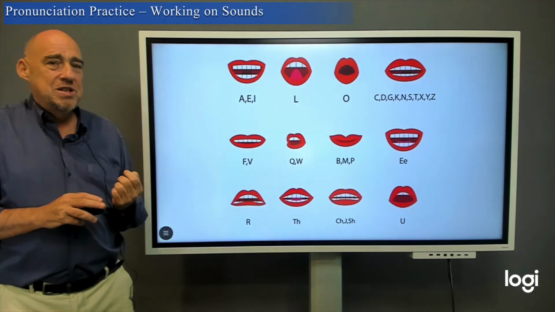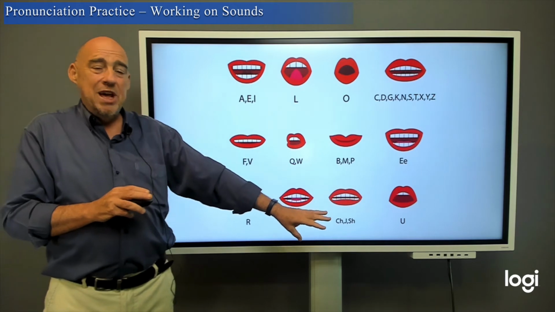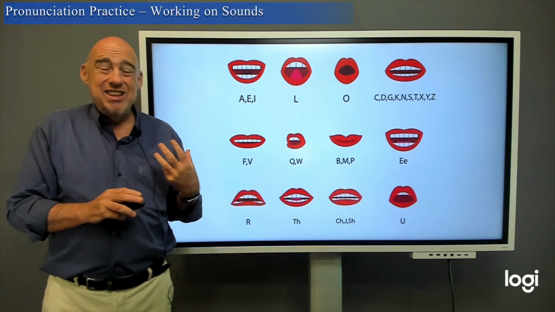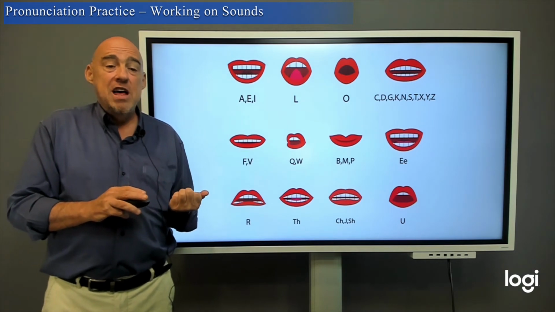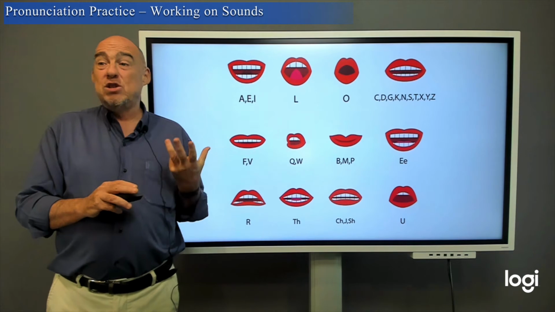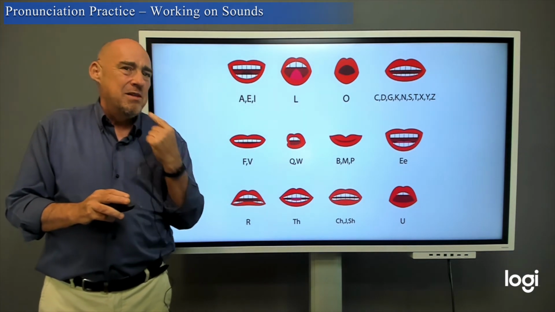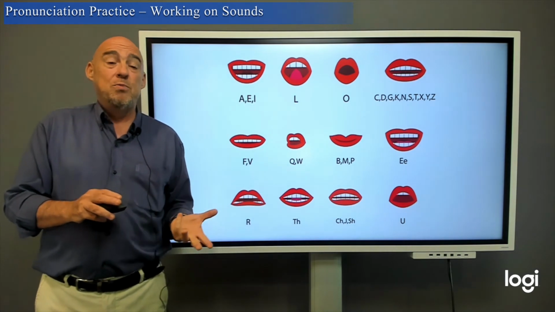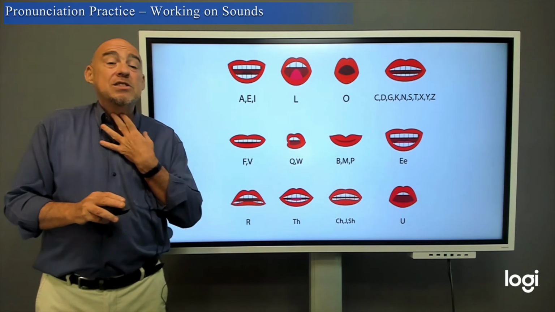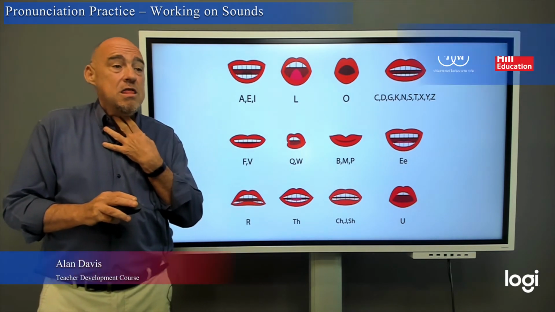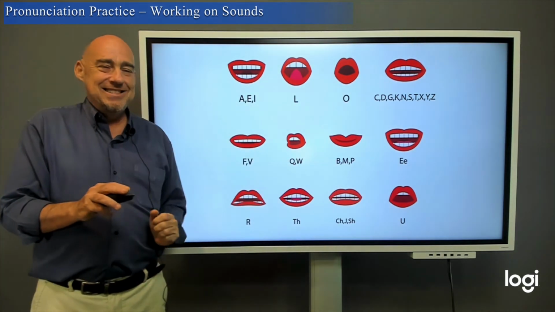Another way is to use the mouth to show pictures of what the mouth is doing. Now, I'm a big fan of using my own mouth and getting students to copy me. So, for example, if I'm doing the "th" sound, I'm going to ask the students to actually stick out their tongues. And I'm going to walk around and say, where's your tongue? If I can't see your tongue, it means you're not making the sound appropriately. I'll also ask the students to touch their throat. So this one I love.